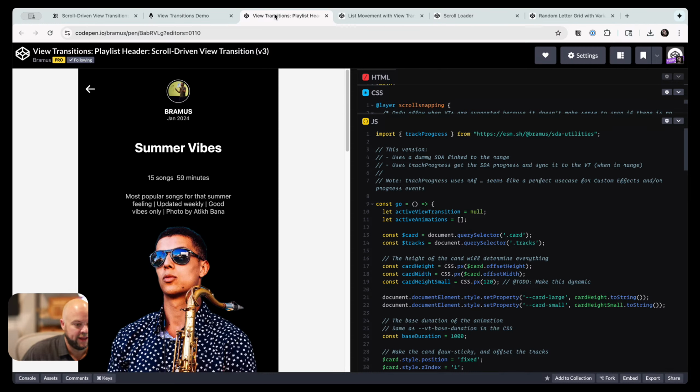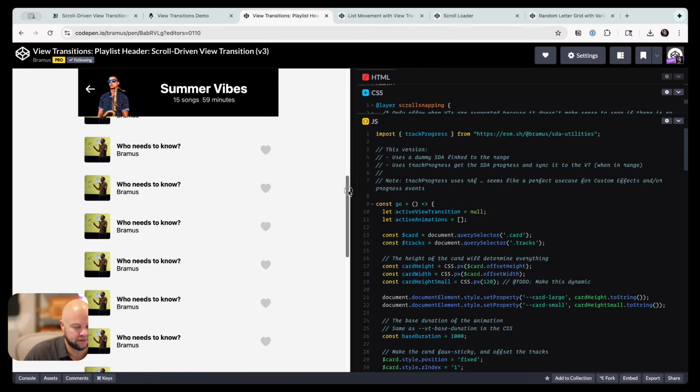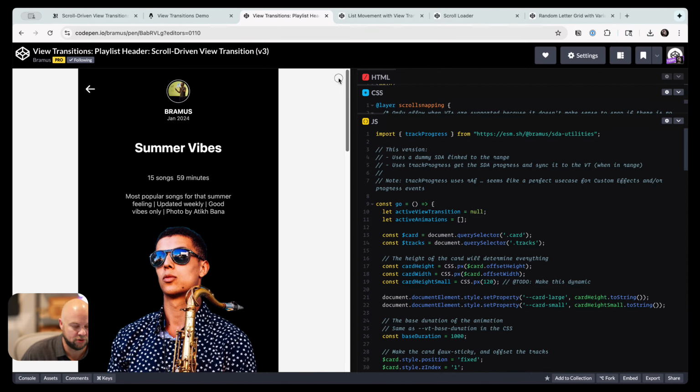Bramus recreated it in his demo, only you don't click, you scroll. That's weird, but okay. The point is he made it make sense, because this is like a playlist and the tracks for the playlist are underneath it. So as you scroll down to get to those tracks, we're getting the view transition. We could just do this with a scroll-driven animation, right? We'd set one up and tell it to do certain things. We could wire all of these up to